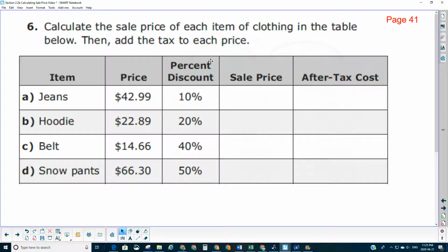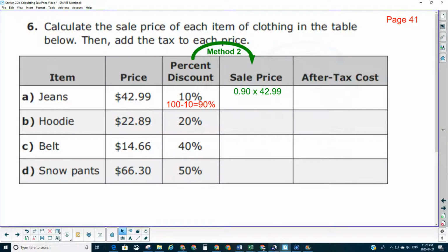Now, the way we're going to do this, if you remember yesterday's lesson or last day's lesson, we're going to use method 2 to figure out the sale price. So method 2 tells us instead of figuring out the discount, we're going to figure out how much we actually have to pay. Okay? Saves us a step. So if we have 10% off, then what we are going to have to pay is 90%. So 100% minus the 10% discount means we're going to pay 90%, which means we need 90% of the price to become our sale price. So to do that, 90%, of course, we divide that by 100, get 0.9. Of means times, and we multiply by the price of the jeans. So in this case, it's 0.9 times